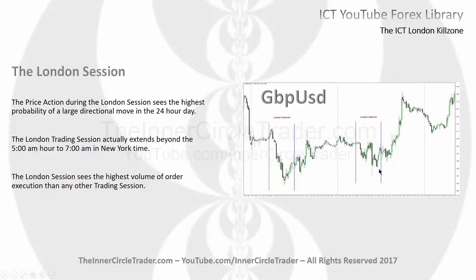New York session. Now, the London session technically extends even beyond 7 o'clock in the morning up into 10 to 11 o'clock in the morning New York time. Okay, so basically it's 3 o'clock in the morning New York time to 11 a.m. to noon, all relative to New York time. Okay, so there's an overlap of New York and London trading, which makes the next teaching a little bit more interesting as well. But the takeaways I want you to have is that the London session can create the higher